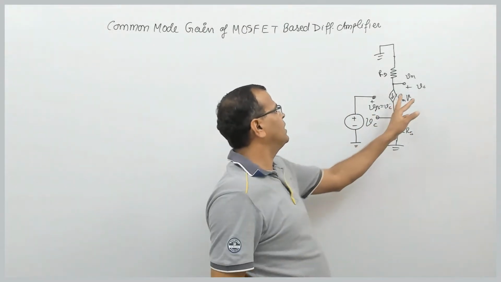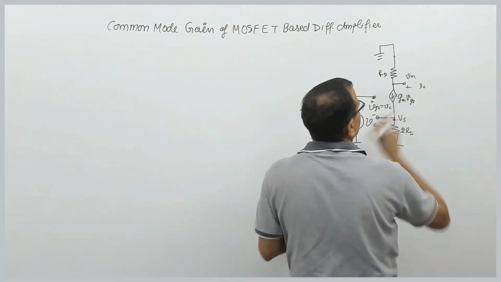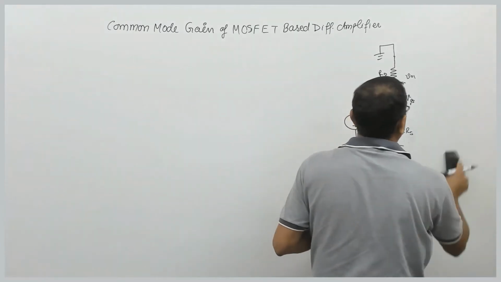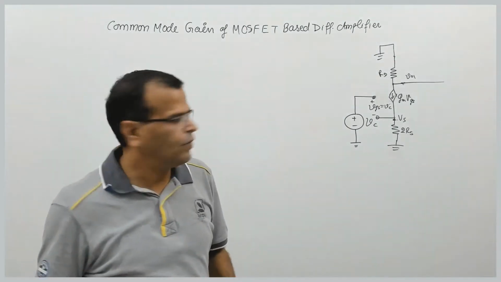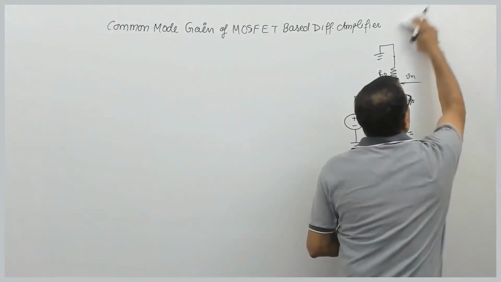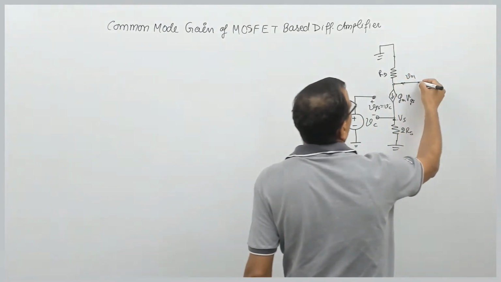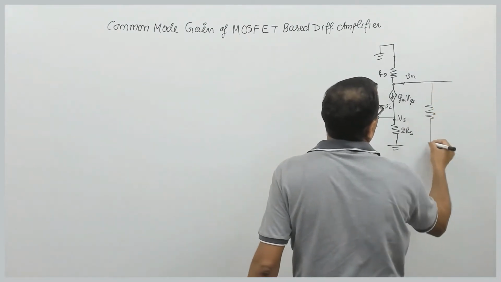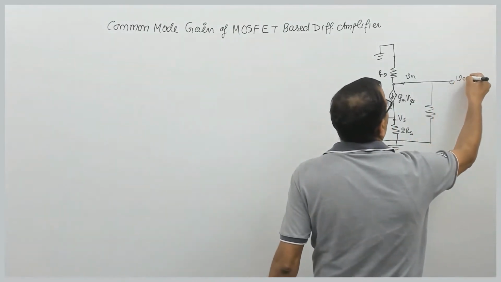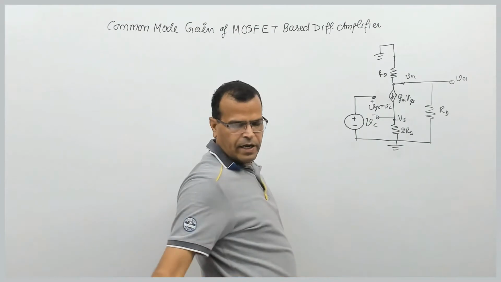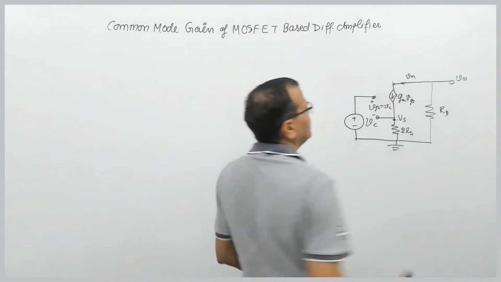The only change will be that it will be replaced by V02 in case of the second half of the circuit. So this is V01. This is output from drain terminal of Q1, V01. So this resistance RD is between this terminal and ground. So I can take it like this. We have resistance RD. We have input here like this. And this is V01. This is RD. And I can remove this resistance. I have redrawn the circuit like this.